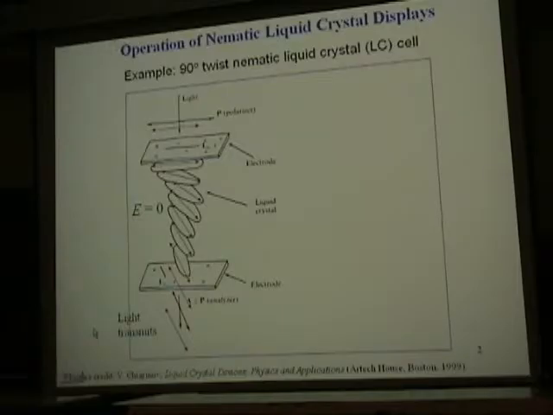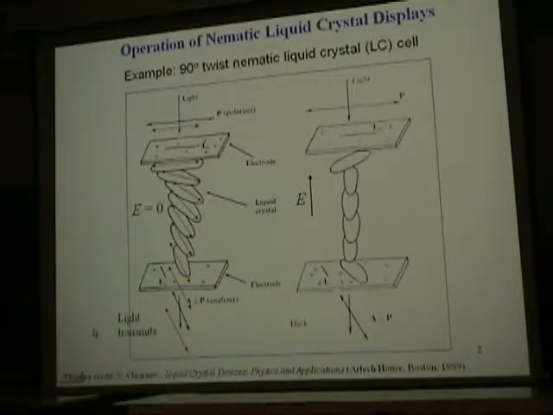Now, suppose we apply an electric field across the cell such that it aligns most of the liquid crystal molecules vertical. And with that, when light passes through the cell, there will be little change in its polarization, and so it will be blocked by the second polarizer. So this shows how one can use electrical signal to easily control the on and the off state of the